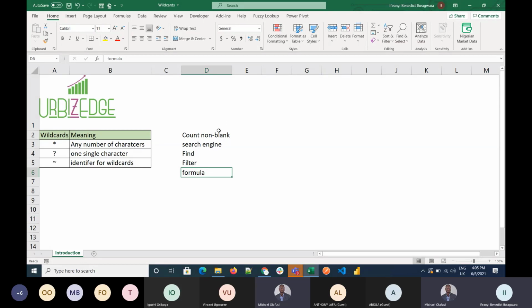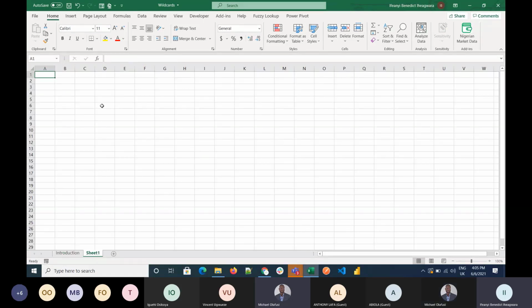Okay, all right. So we'll start with counting of non-blanks. Assuming I have 1, 2, 3, 4, 5, and then in this cell I have a space. It shows nothing because it's just a space, but that's still a character. If I want to count how many items are here,